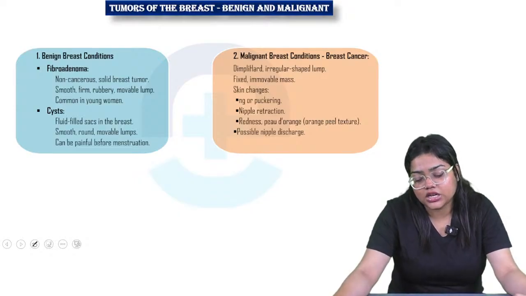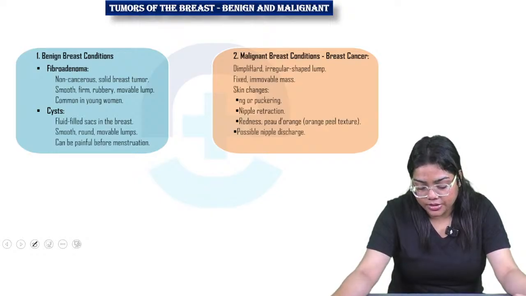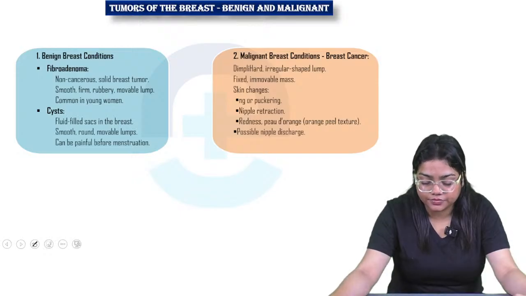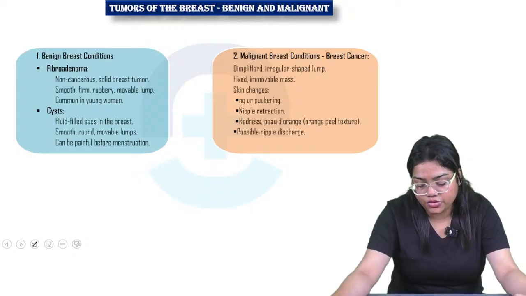Whereas the malignant breast condition, or breast cancer, includes a dimpled, hard, irregular shaped lump, a fixed, immovable mass, skin changes like dimpling or puckering, nipple retraction, redness or orange peel texture, then possible nipple